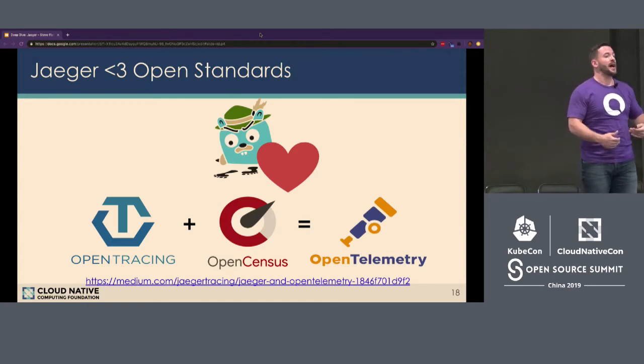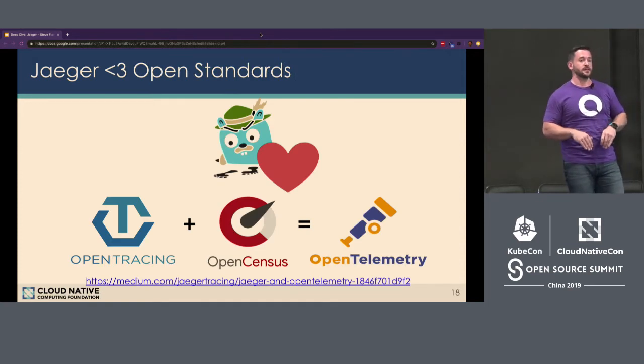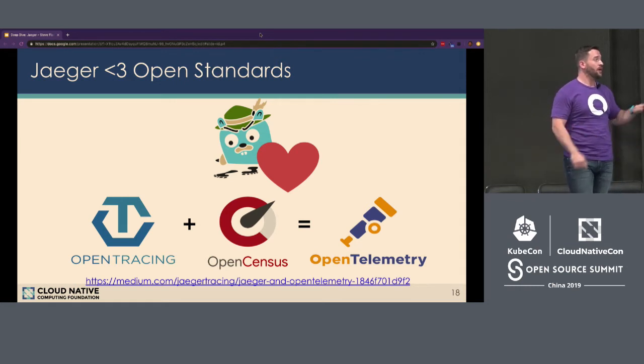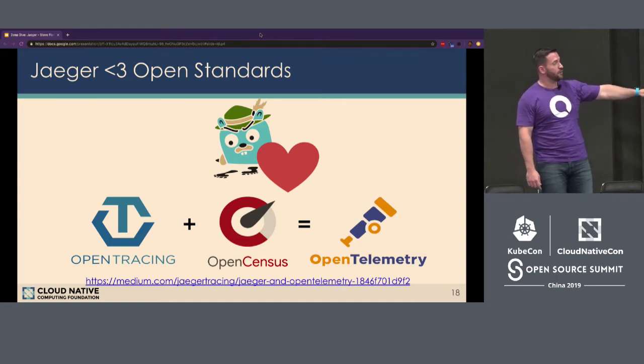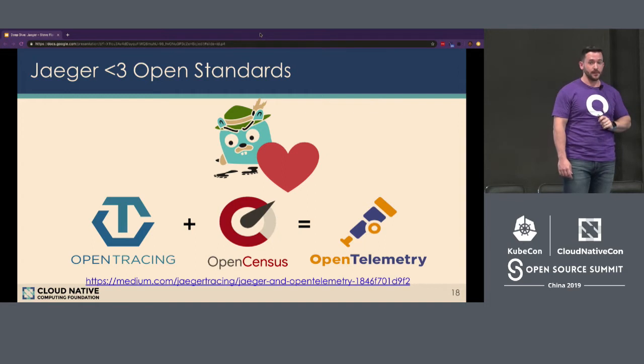Now, I should point out that Jaeger loves open standards. I'm actually doing a talk immediately after this one in this room on OpenTelemetry, which is another CNCF project, the merging of OpenCensus and OpenTracing. The Jaeger client libraries that I mentioned are actually OpenTracing compatible today. OpenCensus fully supports Jaeger today, and these two projects are merging to form OpenTelemetry.